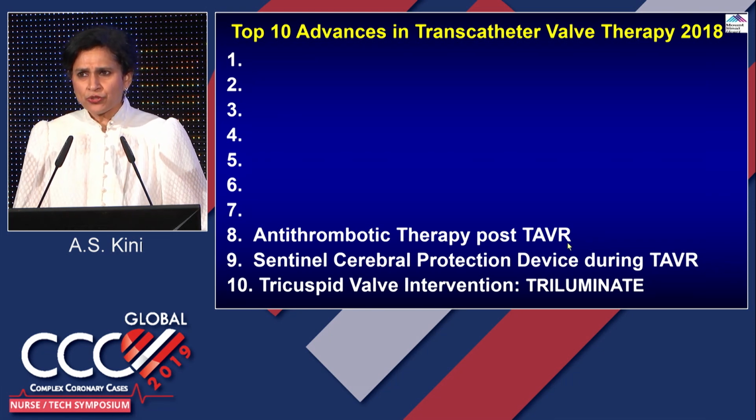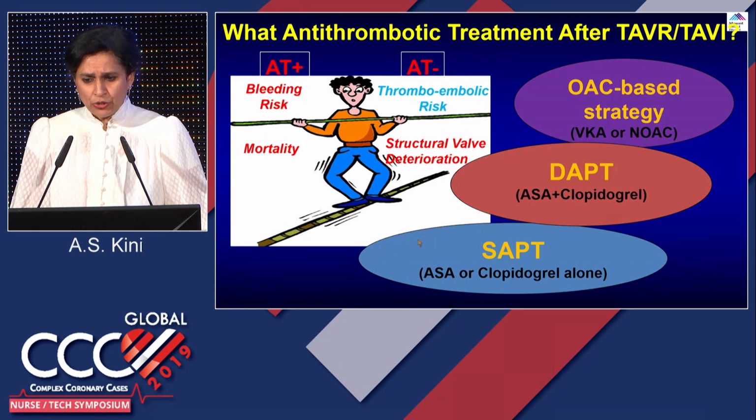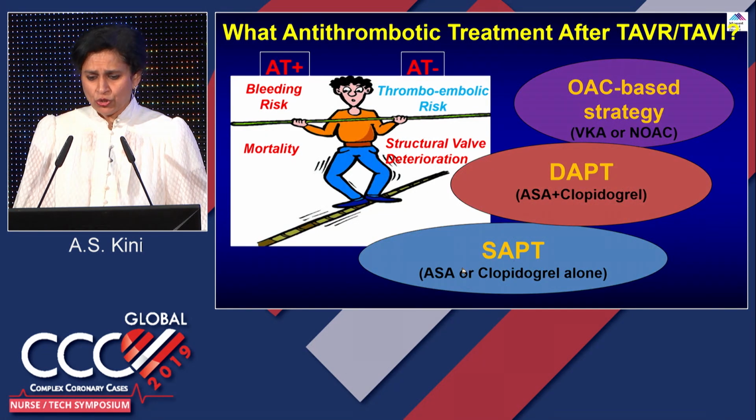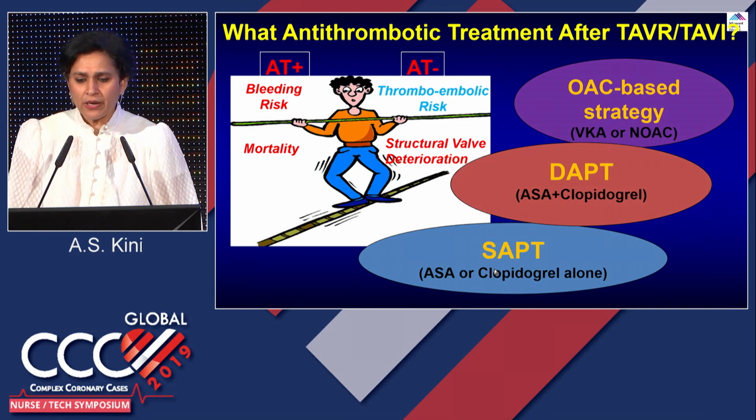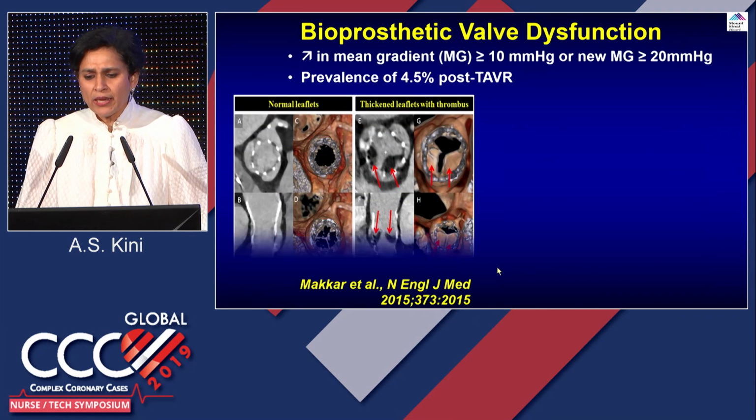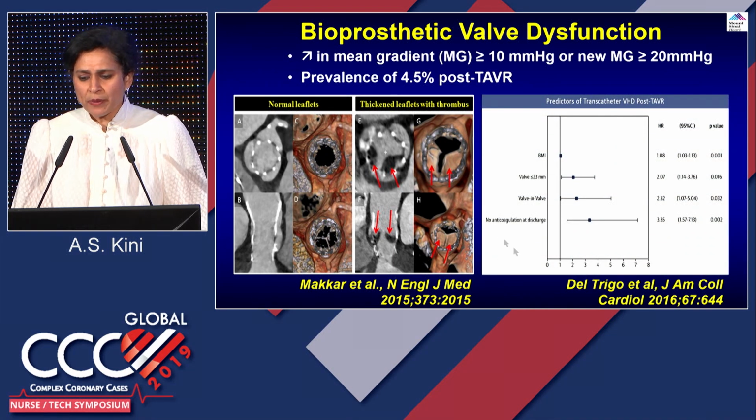Now, once TAVR is placed, always the question comes, like you have heard so many talks on after stent, what do you do with antiplatelet therapy? What we are discussing is whether it is antiplatelet therapy that they should be taking, or antithrombotic therapy post TAVR in this patient. Is it a single therapy, would you just give aspirin? Would you just give clopidogrel? Do you need dual antiplatelet therapy? Or do you need anticoagulation, which is with Coumadin or any kind of the newer anticoagulant agents? We're still not sure, because there are several trials ongoing, which you will see. And why this came into existence is based on this particular